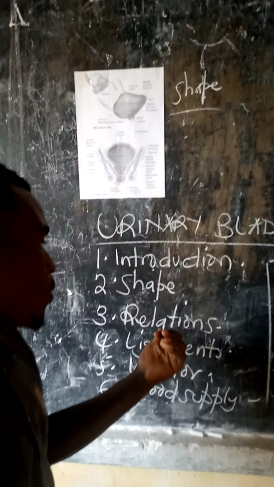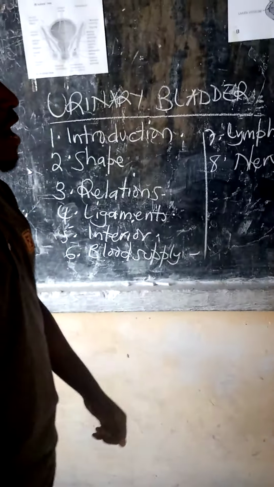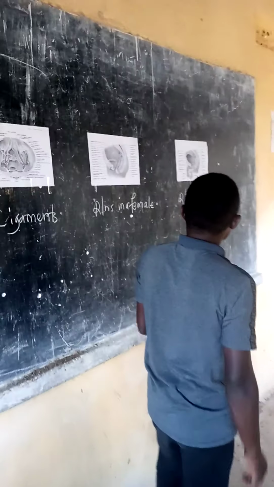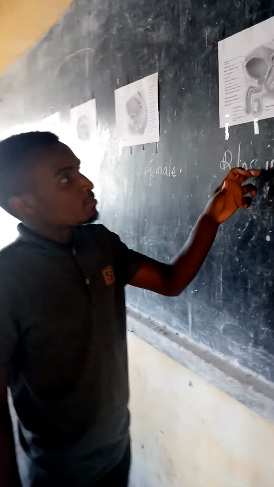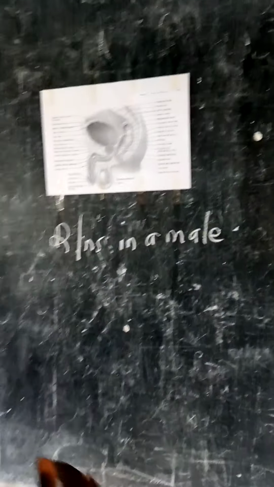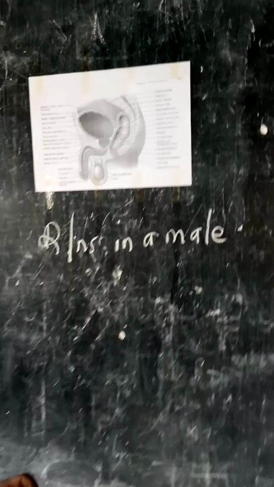We can come to relations. About the relations of the bladder, we'll use diagrams, and we'll start with the relations of the bladder in the male, because they are different from those in the female. So in the male, about the relations of the bladder, we shall see that if we start with the relations of the apex,